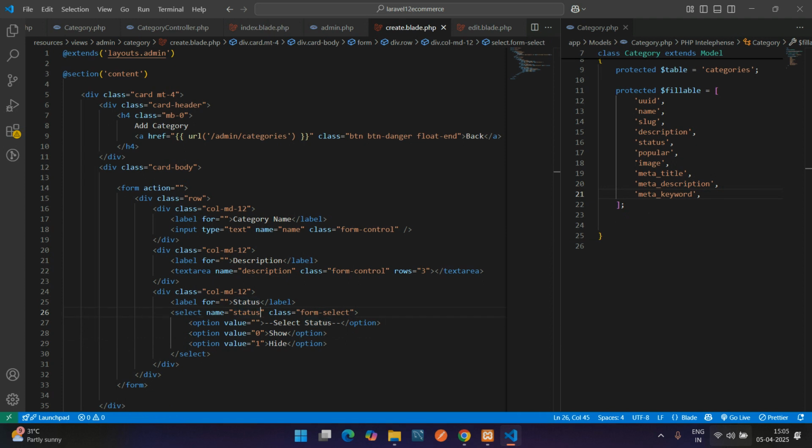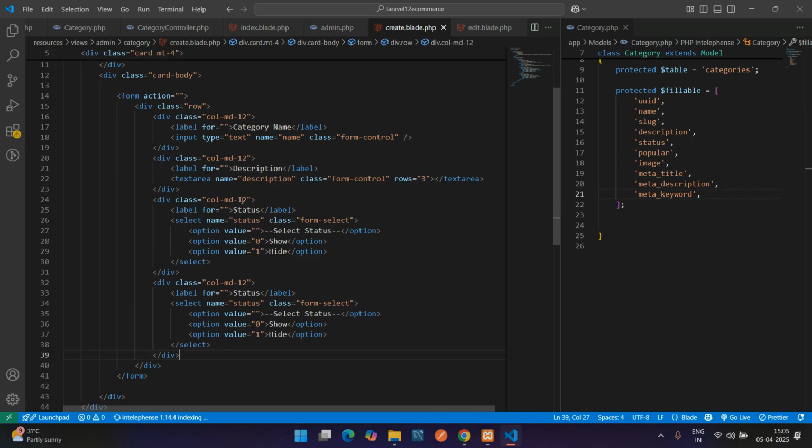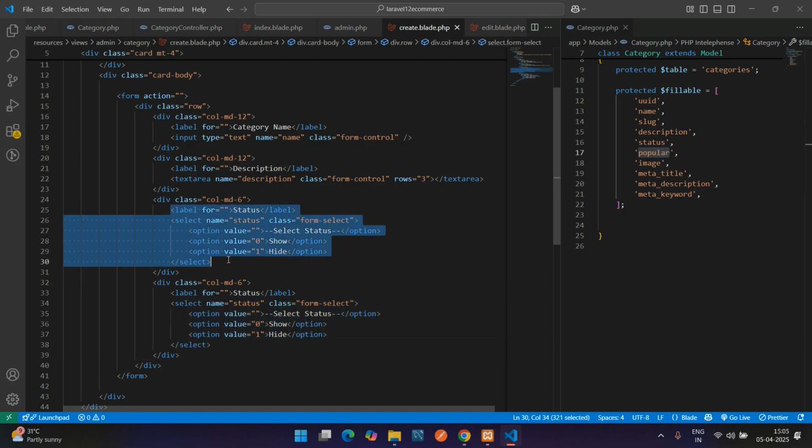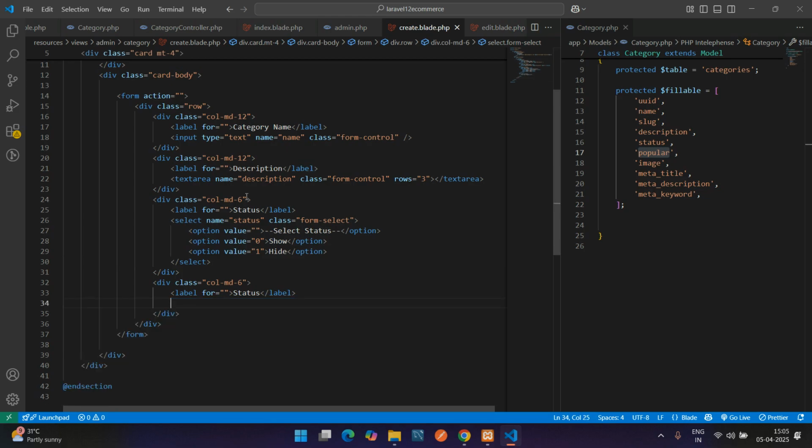Update it, and now we update the status. Let's copy and paste, and I want to make this as 6 column, and here it is popular. So popular is going to be just a checkbox, you want to check it or not. So same way you can update for this status also, but for your teaching purpose I'm just adding it as a drop down. So here we add that as popular checkbox,